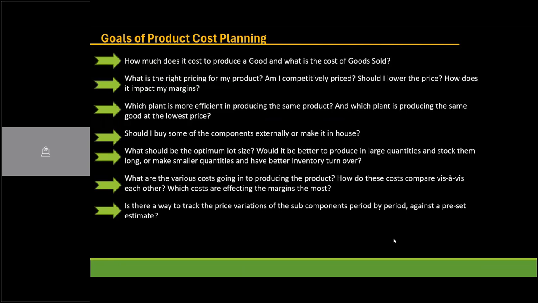Did it happen because of excessive labor or because of increase in labor price? Both are there, right? Was there any material wastage? Did somebody spill some material, leave some of the raw material and waste it? Or were there some defective materials because of which the cost has gone up? What exactly resulted in the cost in February becoming 228, whereas my cost was supposed to be 220? Or if it has become 215, why did it go down? What were those efficiency factors? Unless you study that, how will you get to know, right? These are some of the benefits of using product costing.